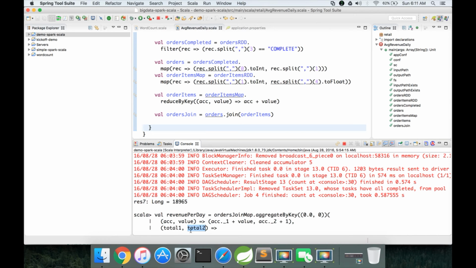Okay, the second parameter is from the output from the combiner, and the first parameter is accumulator. Okay, and both will be of type tuples only.